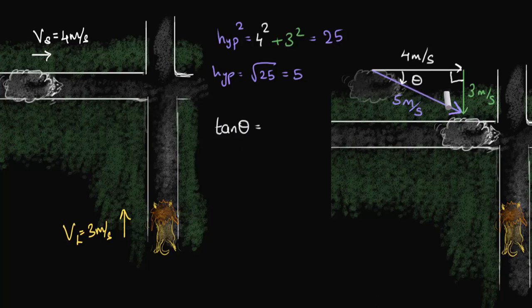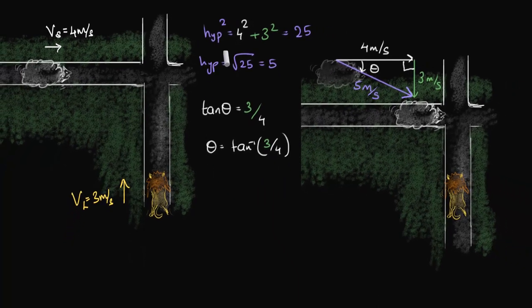But if I use tan, we will get the opposite side, 3, oops, let's put the proper colors, 3 divided by 4. That makes theta equals tan inverse of 3 divided by 4. And there we have it. So if someone asks you now what's the relative velocity of the sheep as seen by the lion, we could just say it's 5 meters per second at an angle of tan inverse of 3 by 4 with the horizontal or something like that.